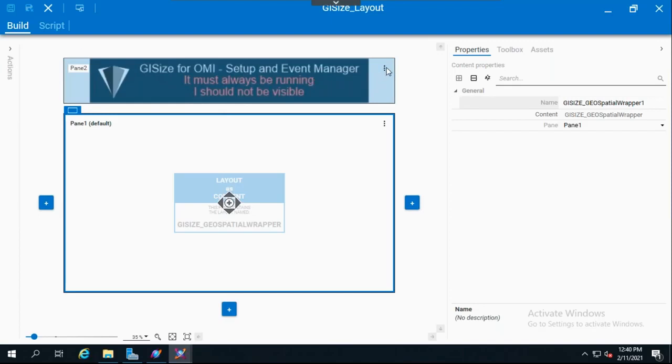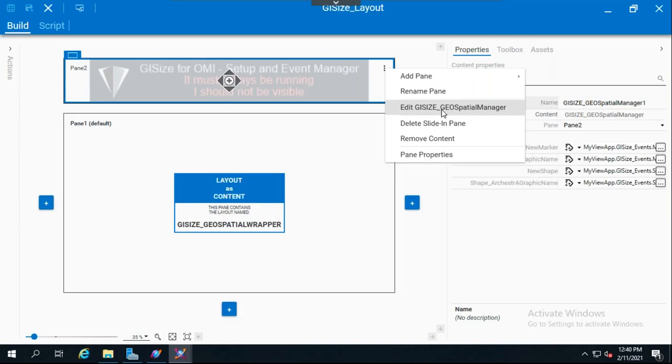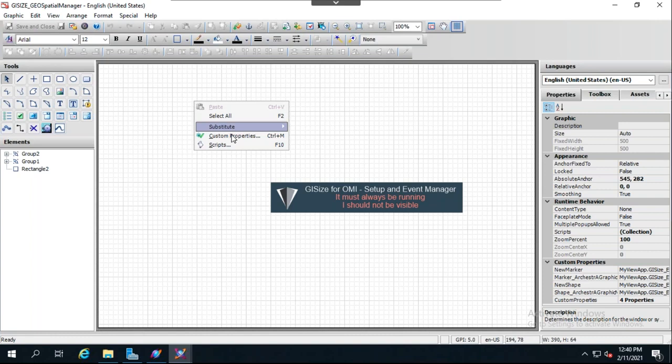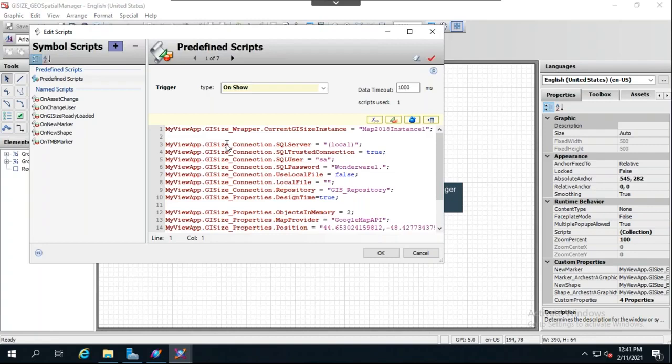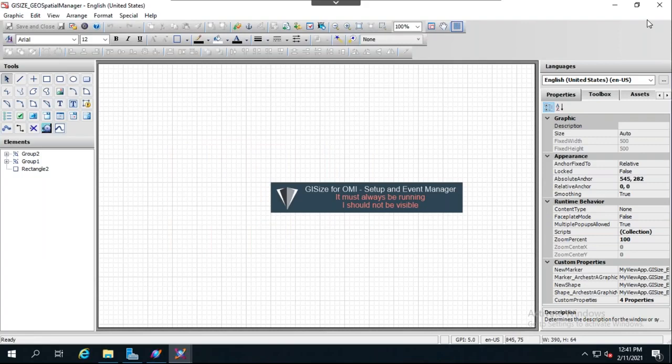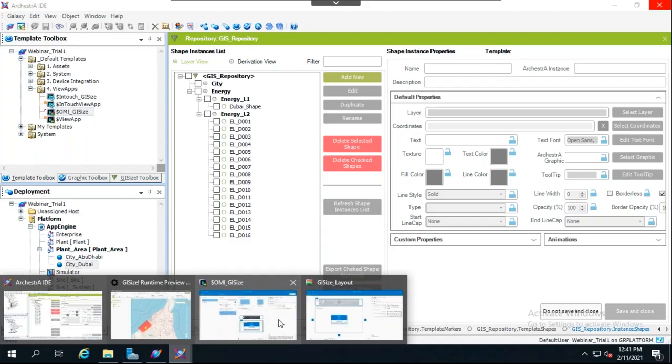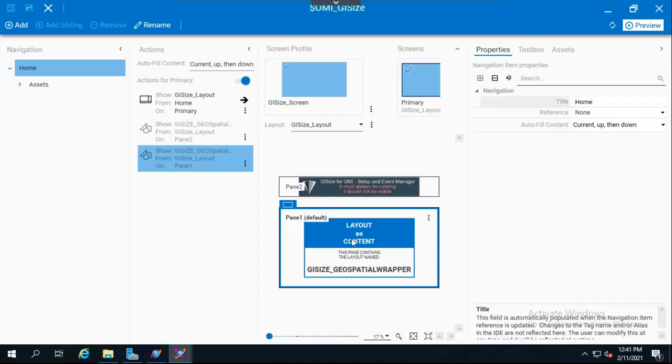it specifies the properties. So if you go and edit the Geospatial manager, you see that I have already configured some scripts that I need for configuring the connection, sorry, the properties, and basically you can also specify the security with the SQL server. So here, the second thing to do after configuring your manager is put down the layout, which is the